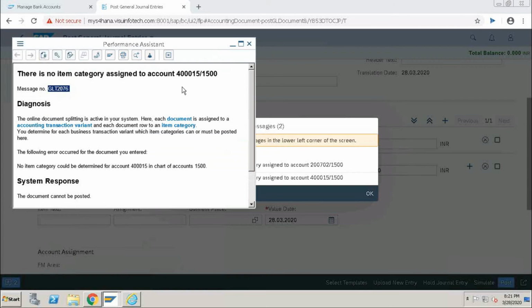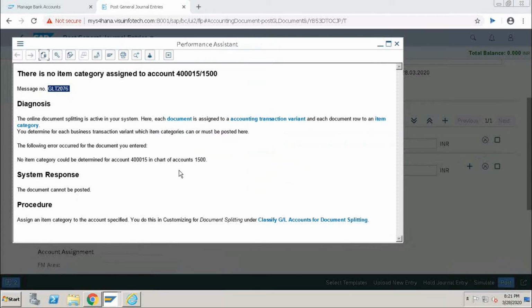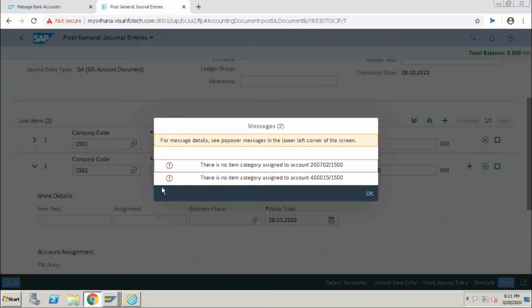They directly go to the performance assistance page. Here it will guide us. If there is any customization proceed, it will directly take us to the customization screen. Yes, even in HANA Finance we use the same condition. It shows like that, but I need to cross check this page. Some of the tables may be inactive.